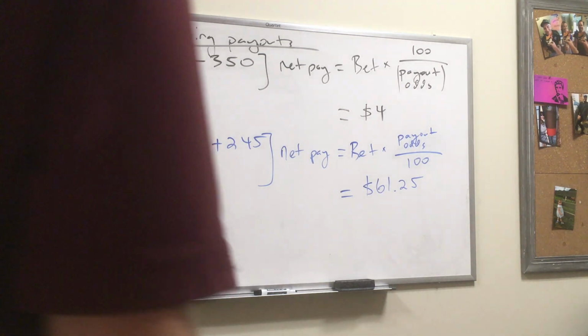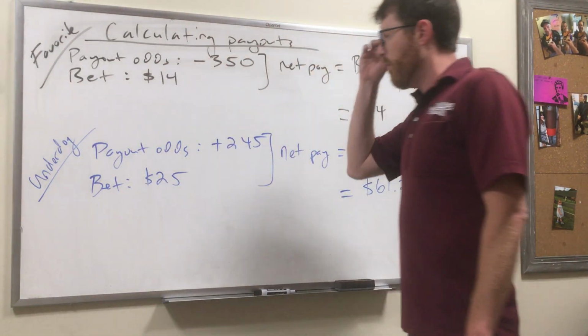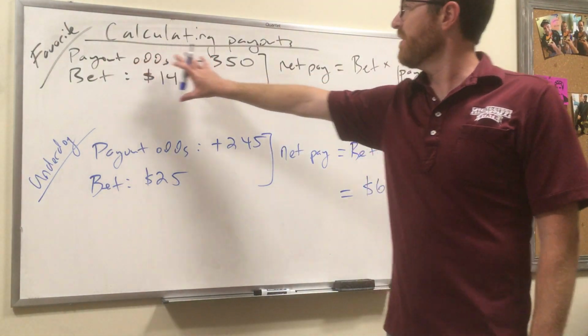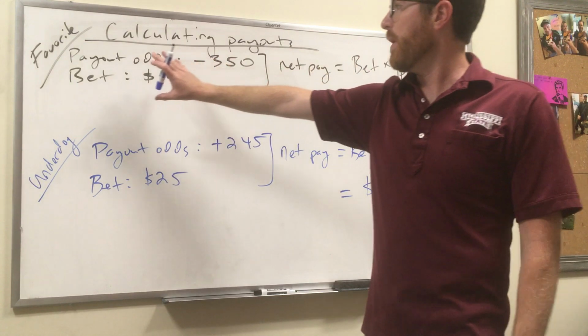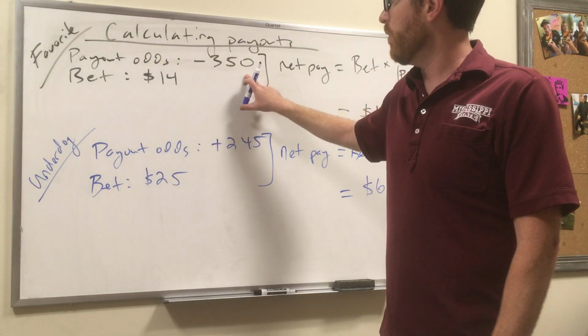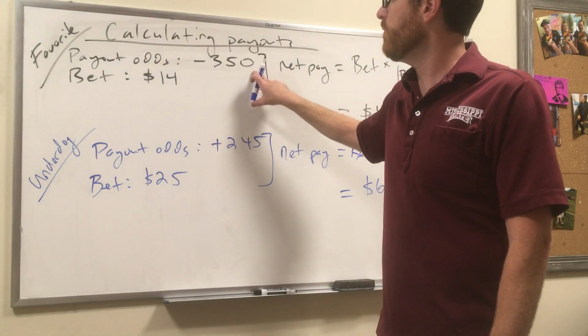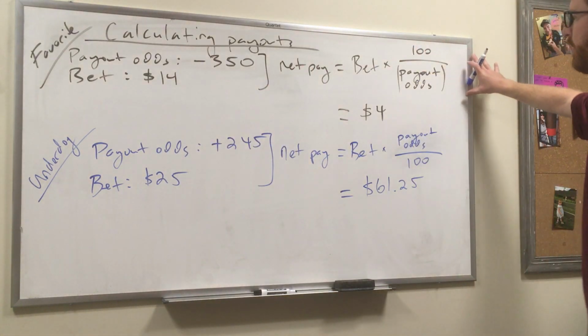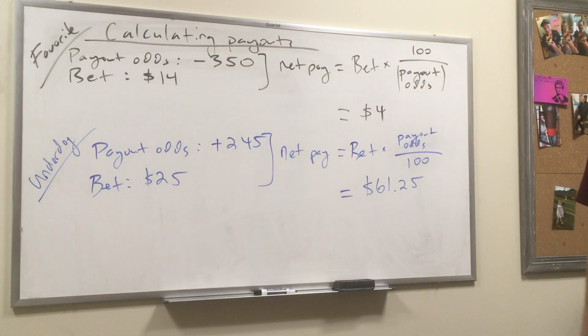Okay, tying up some loose ends from the last video, I wanted to give you the formulas that you need. We went over an example like this, where you're trying to calculate payouts. So this is a bet where you're betting on a heavy favorite. They're minus 350, and you're making a $14 bet. All right, this is the formula you're going to use, and that's what you should get for the net pay